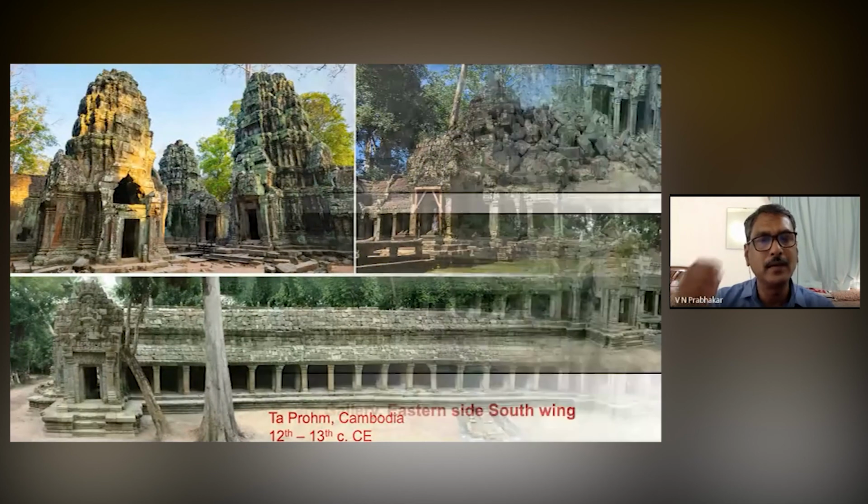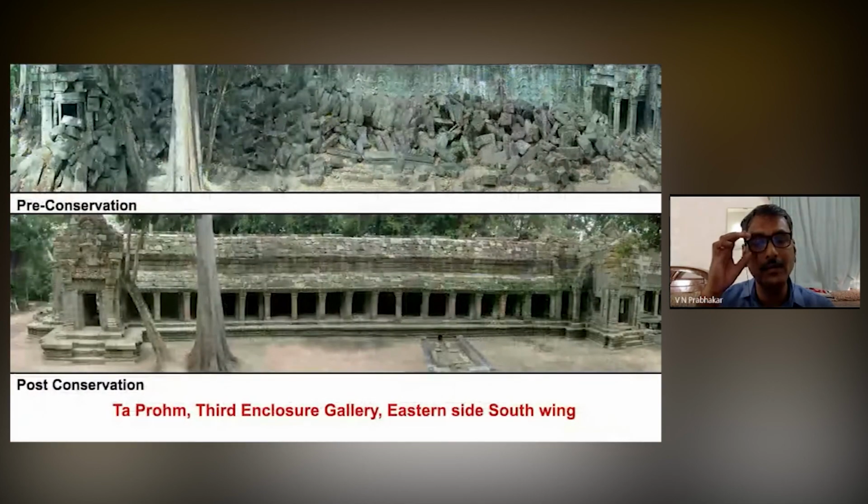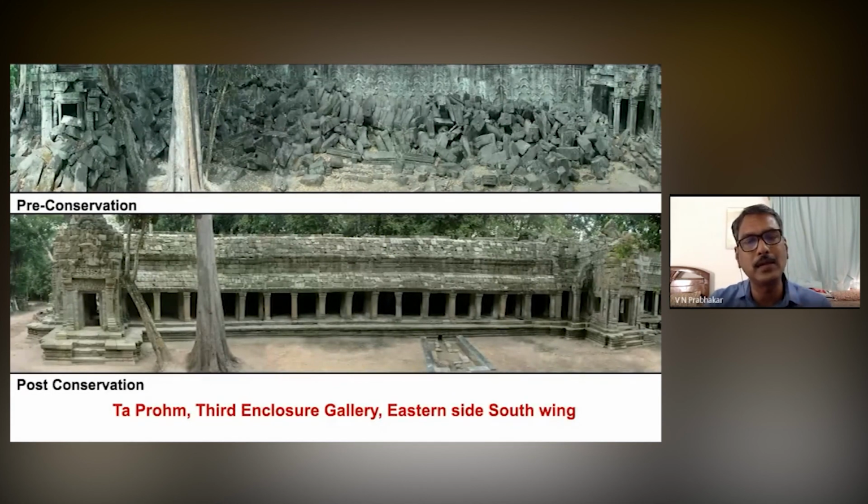Here ASI has been carrying out conservation for the past 15 years, and you can see the complete transformation it has brought about. In the case of Cambodia, the ancient connections are helping us, because when the Cambodian government saw the poor state of preservation of these temples, they immediately thought of India because of the connections, because of that similar type of architectural styles and construction modes. So you can see the complete transformation, the completely fallen gallery, which has been documented and completely restored by the team of the Archaeological Survey of India.